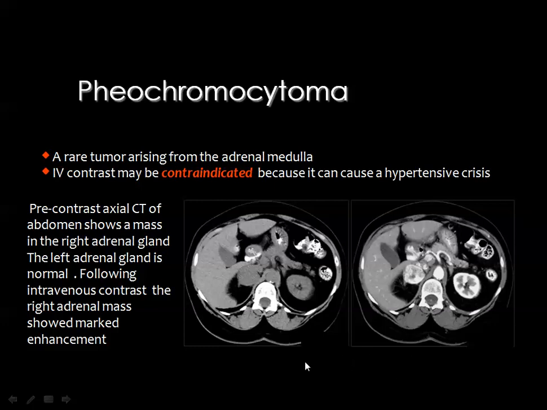As I have mentioned, if you have the classic criteria, a patient with hypertension, increased vanillyl mandelic acid, catecholamines in the urine and in the blood, and you have a suprarenal mass, then the diagnosis of suprarenal pheochromocytoma is